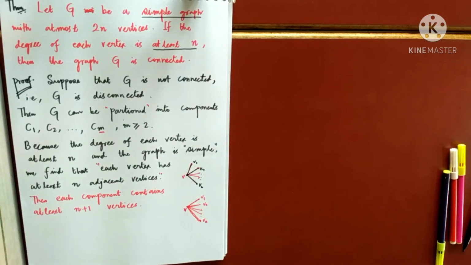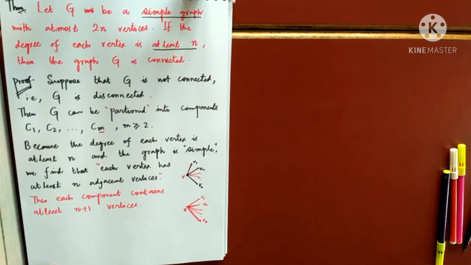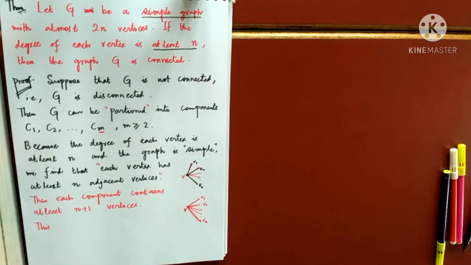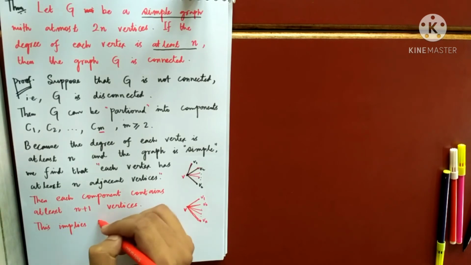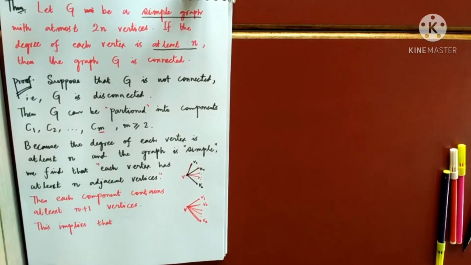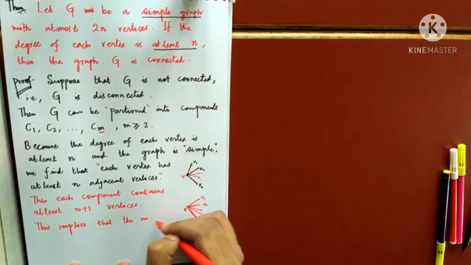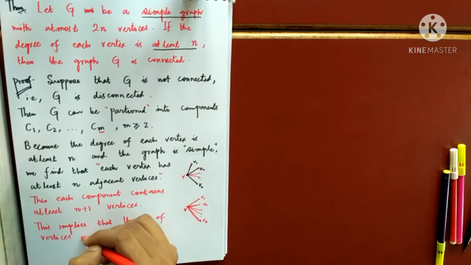That is by definition of a component, right? So this implies that the number of vertices in G